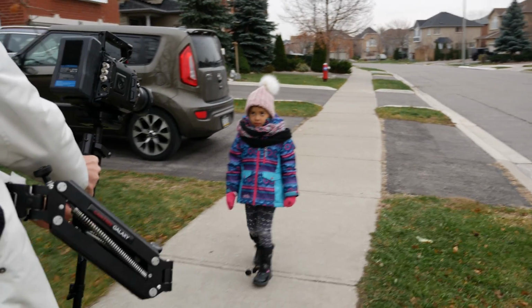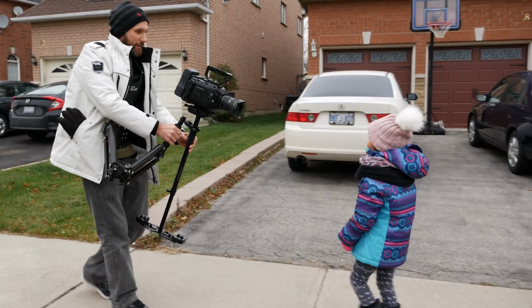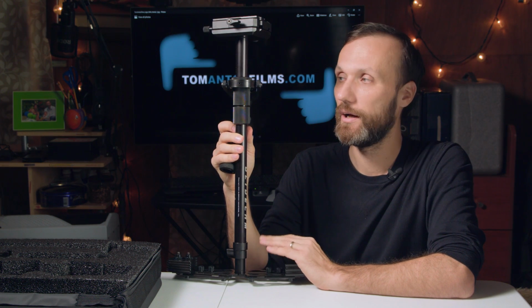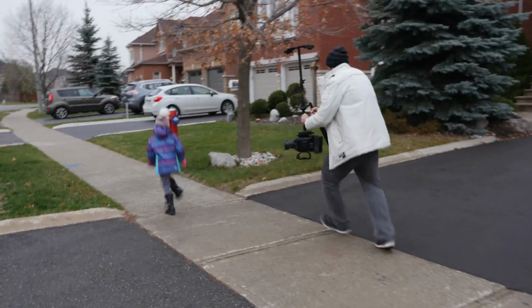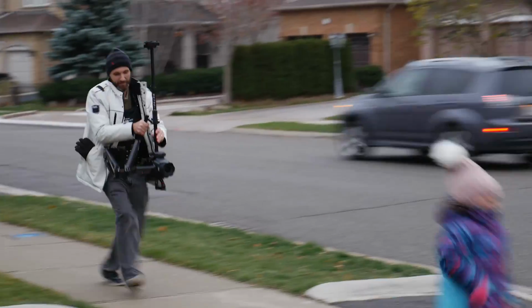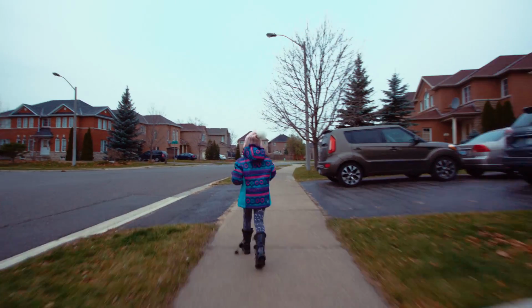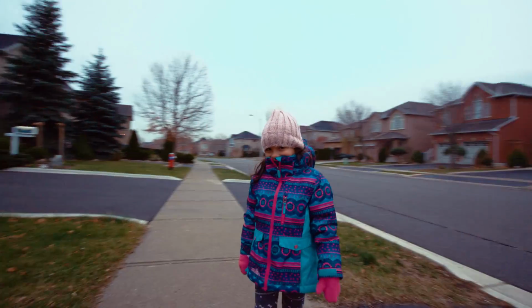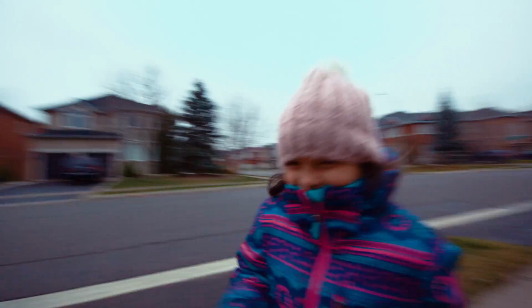Now you are going to have to know how to use a device like this. What I mean by that is, this is a typical Steadicam-style device. They come in different sizes, but they all operate basically the same way. I actually did a video a long time ago reviewing different budget stabilizers like this, and it also has an in-depth tutorial on how to actually use them and properly balance them. I would advise almost anybody out there to spend the time and properly learn to use these things, and then get one of these traditional